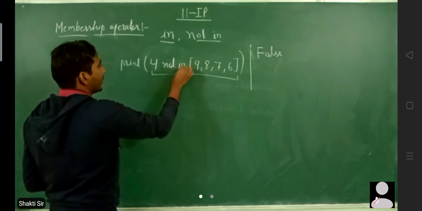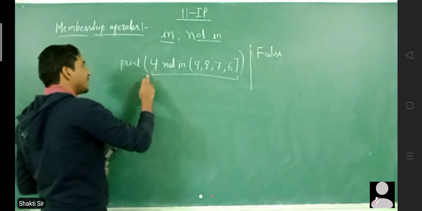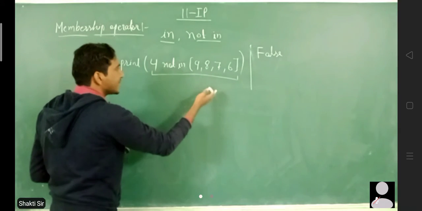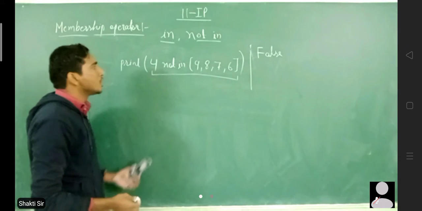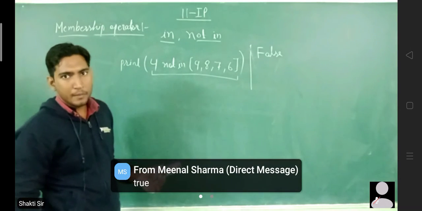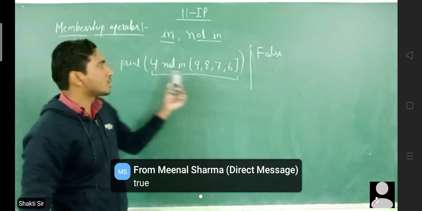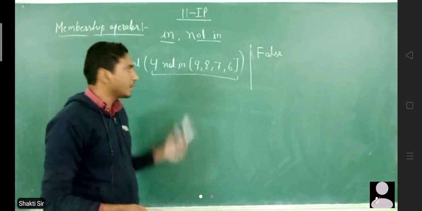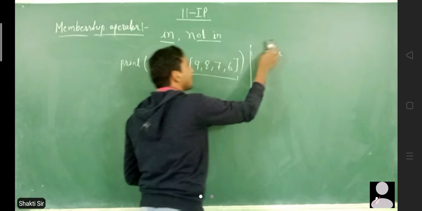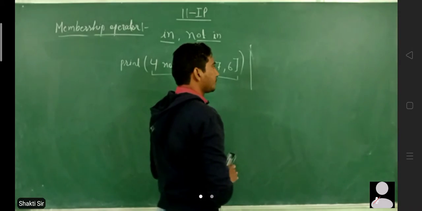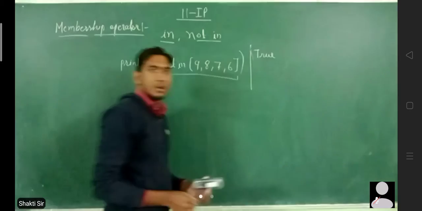So basically, if I use here 4 not in 9876, what I am checking here is whether 4 is present in 9876. So basically what I am saying is true, because 4 is not in 9876. जो मैं कह रहा हूँ वो सही है, क्योंकि जो 4 है वो 9876 में नहीं है, तो जो आंसर आएगा वो क्या आएगा आपका? ट्रू आएगा. So the answer here will be true.